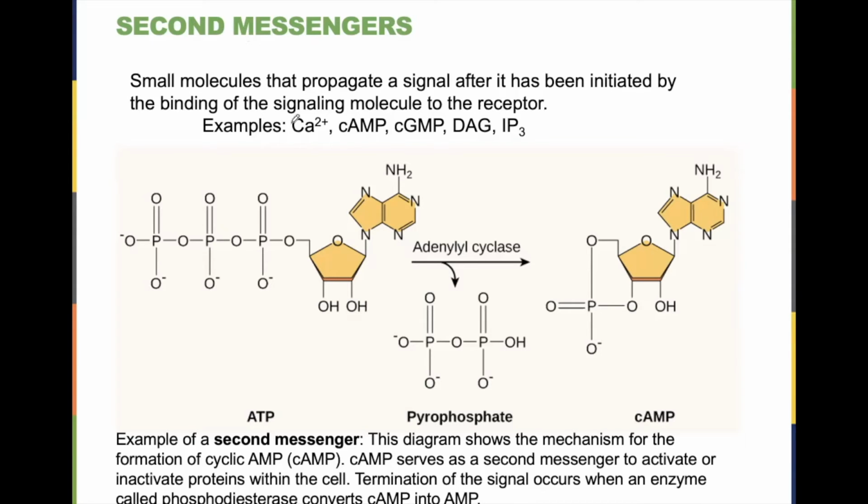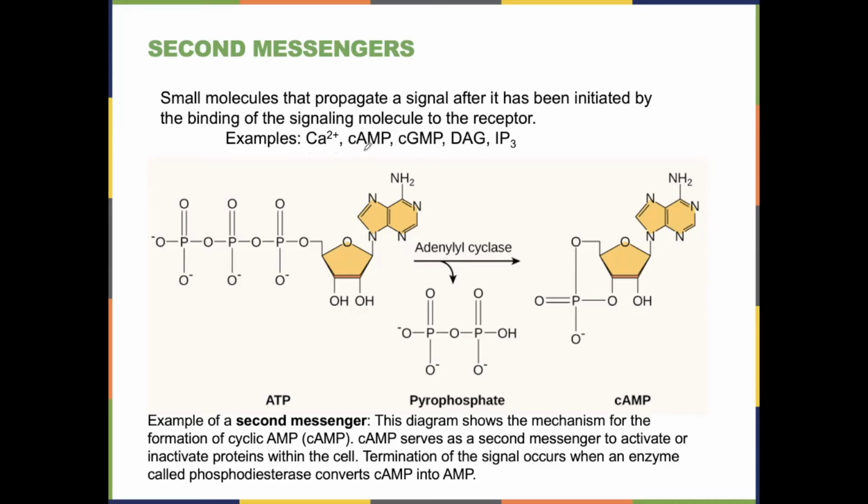There are a few common second messengers that we see in cell signaling. Calcium ions can be second messengers. In addition, another common one is cAMP, or cyclic AMP. So again, the AMP stands for adenosine monophosphate. It's like an ATP that has two of its phosphate groups chopped off and undergoes a further chemical reaction so that the phosphate group is attached at two separate points to the sugar molecule within the adenosine, explaining the cyclic